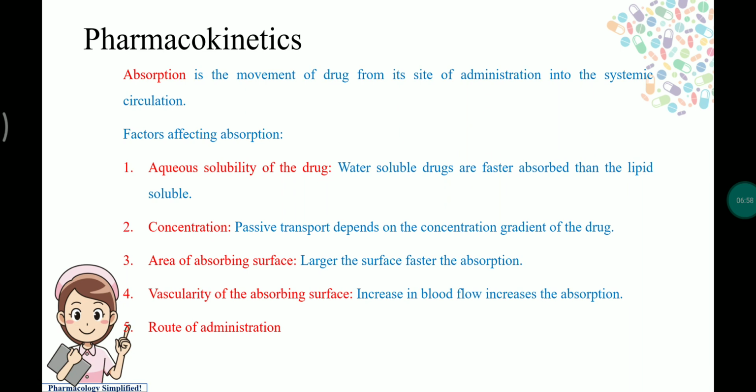Next, absorption. Absorption is defined as the passage of the drug from the site of administration into the systemic circulation. Absorption occurs by means of active or passive diffusion. So here are the factors affecting the absorption: